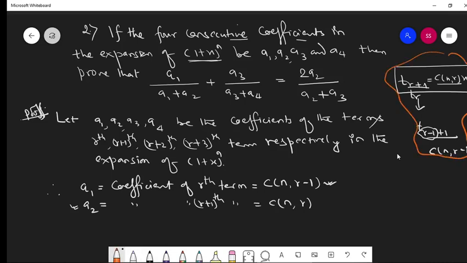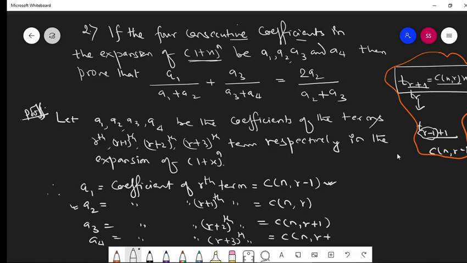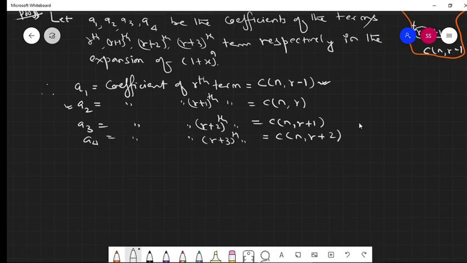So this is the note. Sorry students, a3 equal to the coefficient of the r plus 2th term, C(n, r plus 1). Similarly, a4 equal to the coefficient of the r plus 3rd term, C(n, r plus 2). This is the first part. So we have to prove that result. For that, dear students,